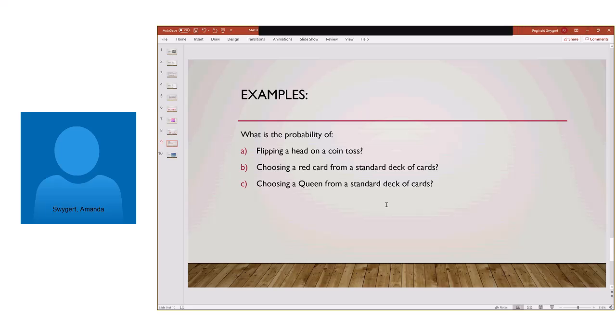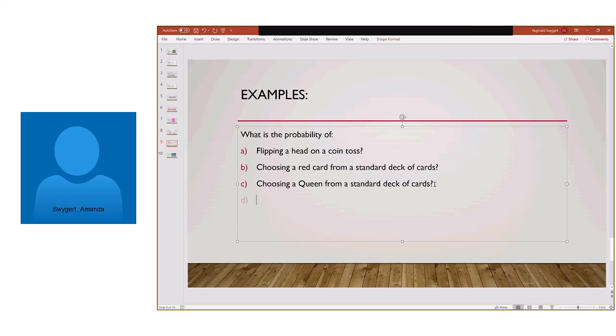And anybody can jump in if you'd like. 4 over 52, reduced. 1/13. 1 out of 13. Very good. So you should be able to answer, again, the typical, here's exactly the numbers that I'm using because this is the number that I have, and the reduced versions. Good. All right, let's do a part D here.